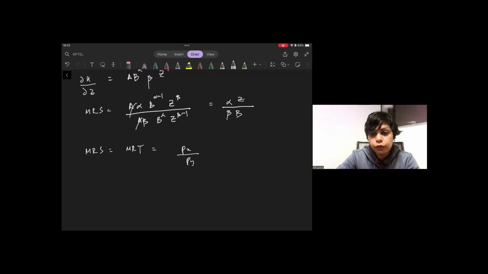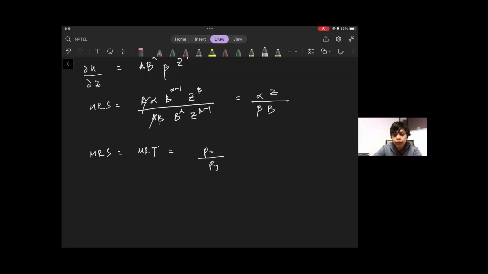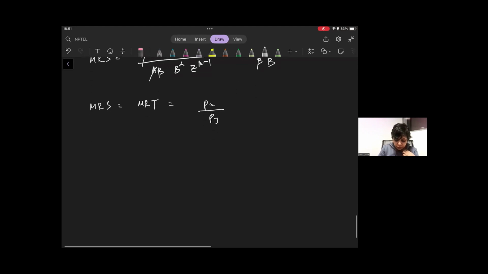I'm not sure, maybe you have, but I think MRT as such is not discussed in this week so far. But either way, even if it's not discussed, there's nothing fancy. It's just this expression which you already know as the slope of the budget line. Right. So at the point of